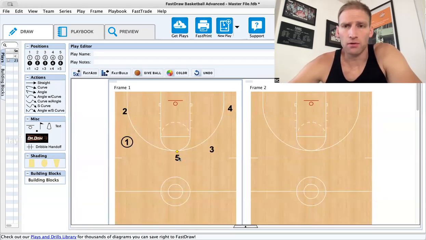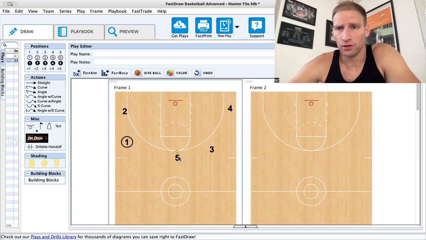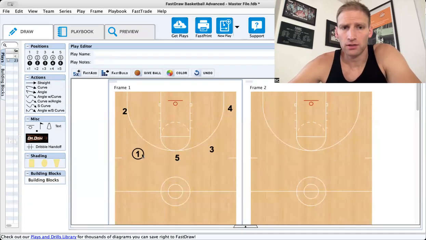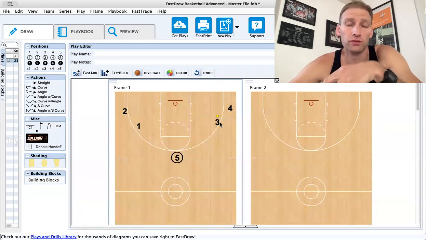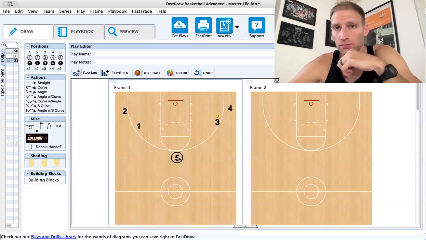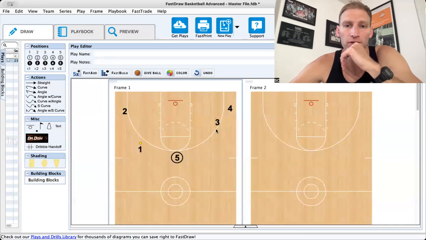As you're running some of the zooms, think about the locations that you'd want to run it in. So I showed you one where we sent it to the 5, so the ball was in the middle, and then we ran down screens on both sides and gave the big the choice to essentially initiate the zoom on either side. But the other thing that I want you to think about is if the 1 just keeps the ball